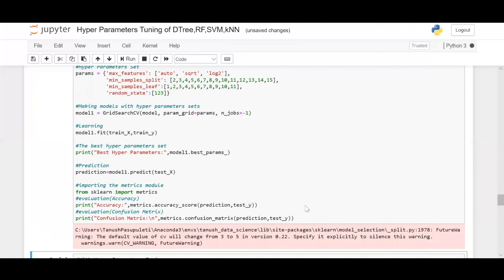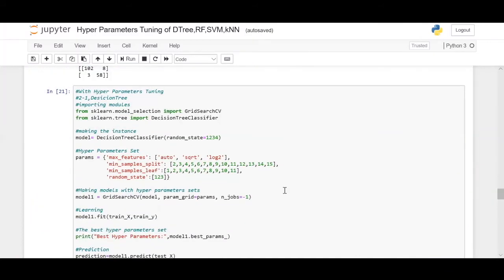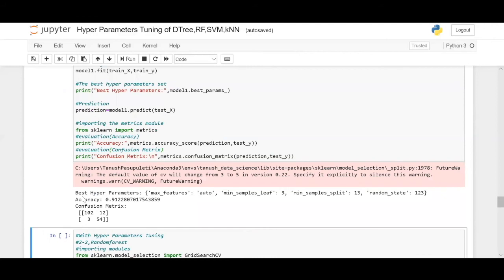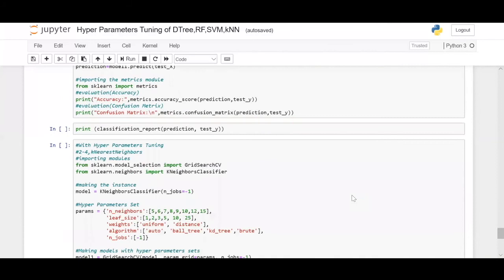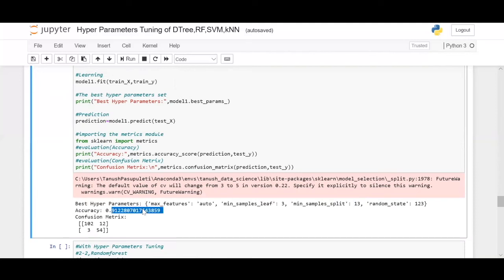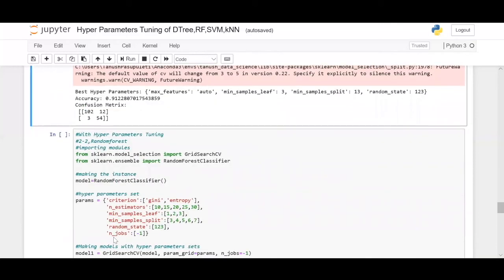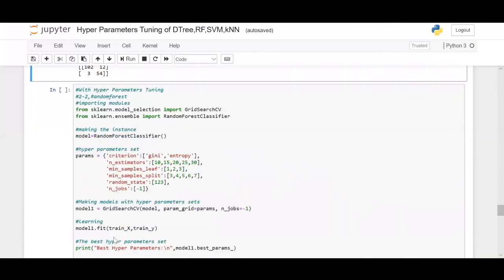So we get it done. It's running. Okay, I think the model completed training. Can you look at the metrics? These are the best hyperparameters in the model. Okay, this accuracy is 91%, which means it just dropped a bit, which is normal in hyperparameter tuning operations like grid search. And this is the confusion matrix. Okay, so let us move on to random forest to see how random forest performs in comparison on grid search.